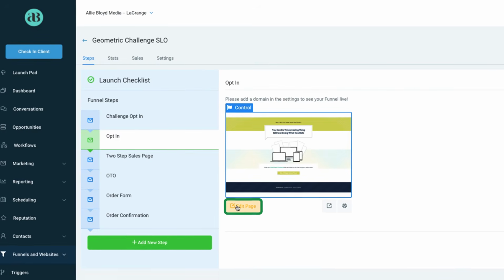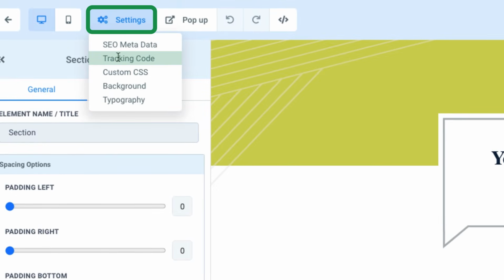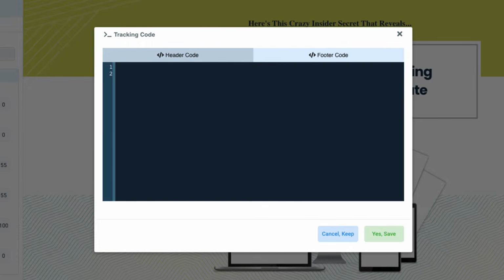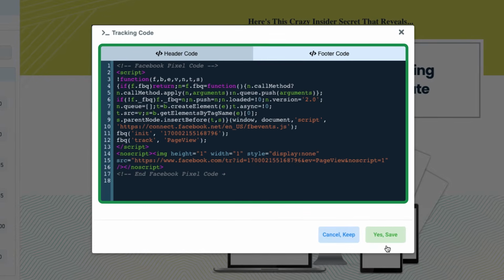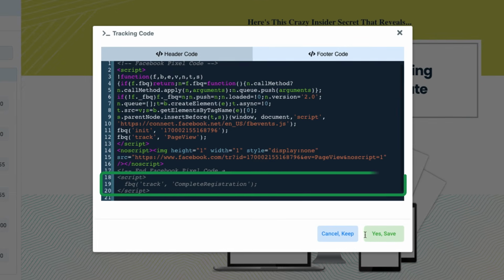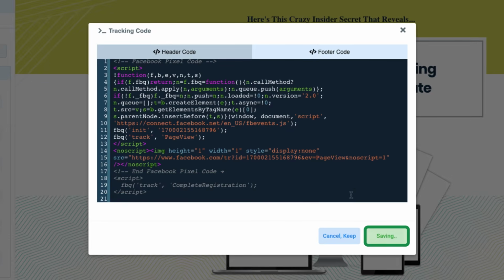Click edit on the individual funnel step. Then we're going to go into settings and tracking code is the second option down. Once I've got my tracking code dialog box open, I am going to paste the entire pixel code first because I did not set this pixel code up on the funnel as a whole. So now I have added those 3 simple lines right below my pixel code and I'm going to hit save.